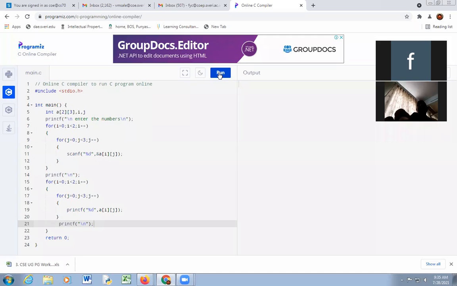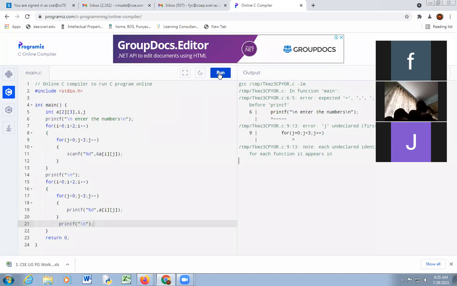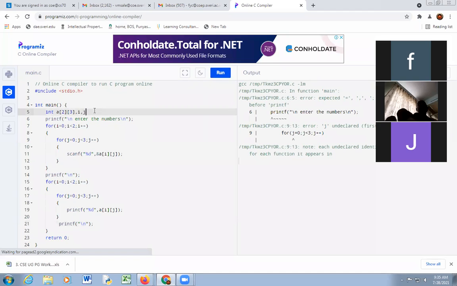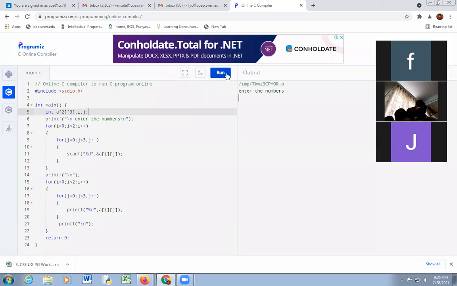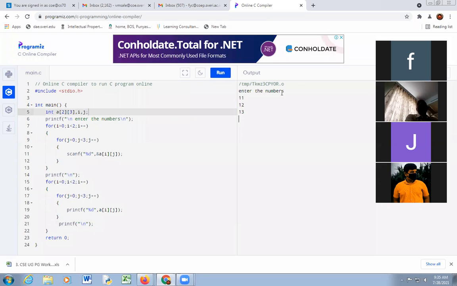So we'll execute this. See here, there are some errors. We'll see line number 6. Okay. So enter numbers. Suppose the numbers are 11, 12, 13, 14, 15, 16.